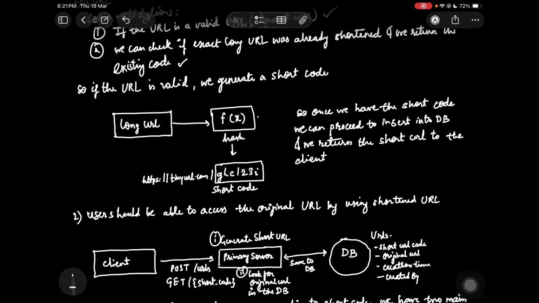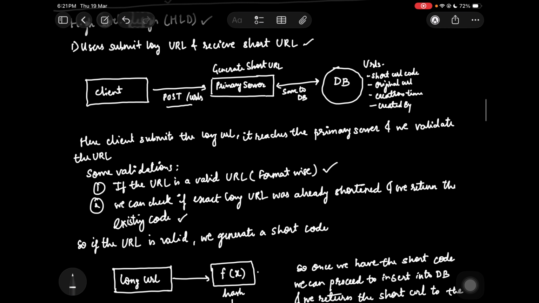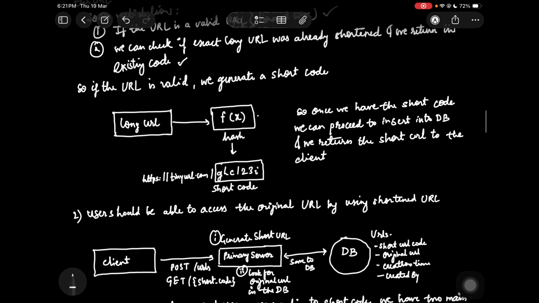So once we have that code, the flow is very straightforward. We save the record to our database. Our schema here is very lean, because what we are storing in the database is just the short code and the original URL. This is basically the mapping between the short URL code and the original URL, and the metadata, which is creation time and, let's say, created by, which will have the information about the user who wanted to create this. So once the DB write is confirmed, we return the final short URL to the user,